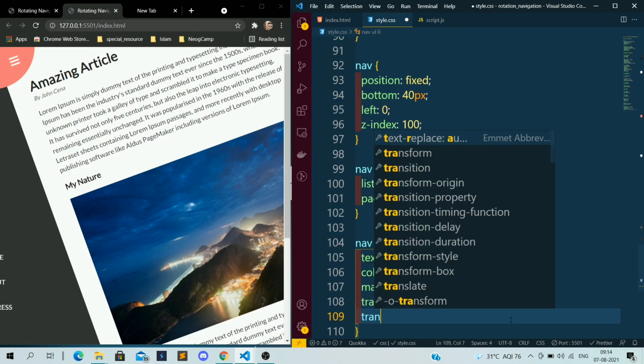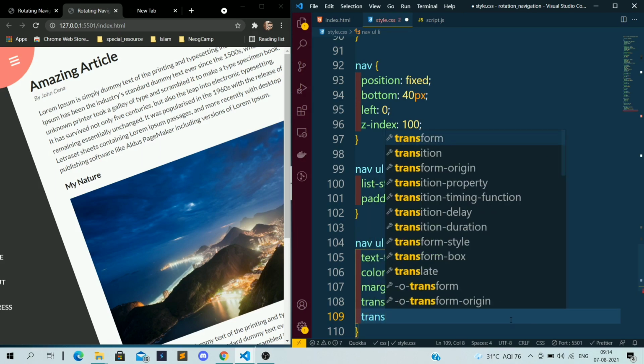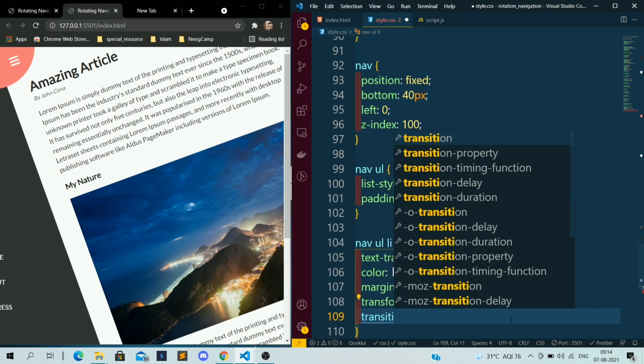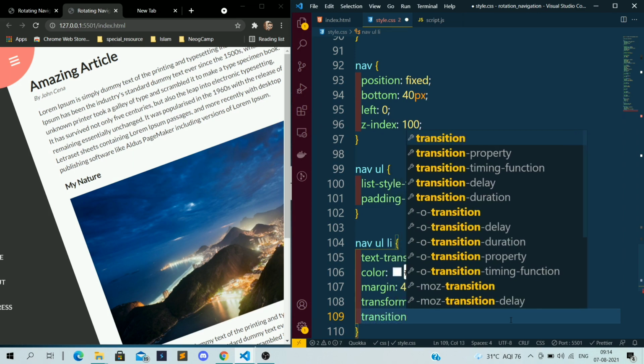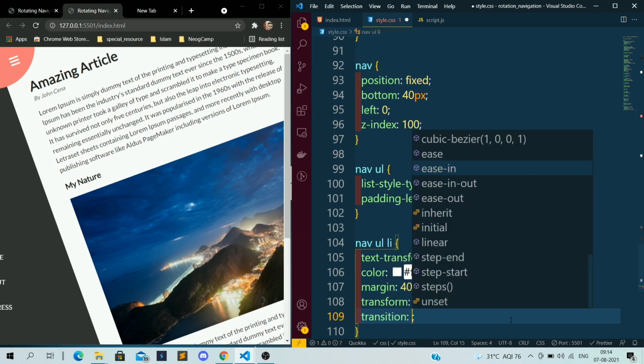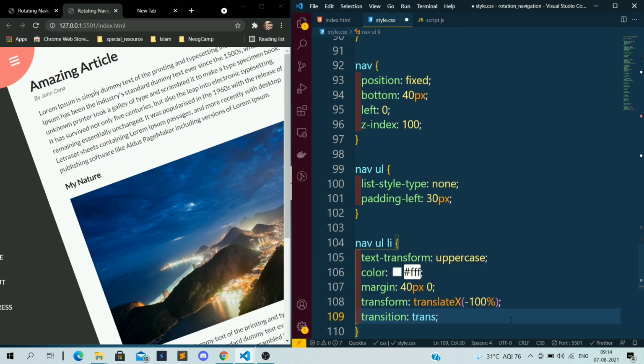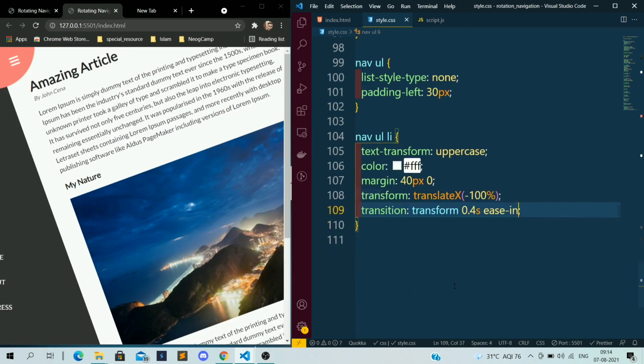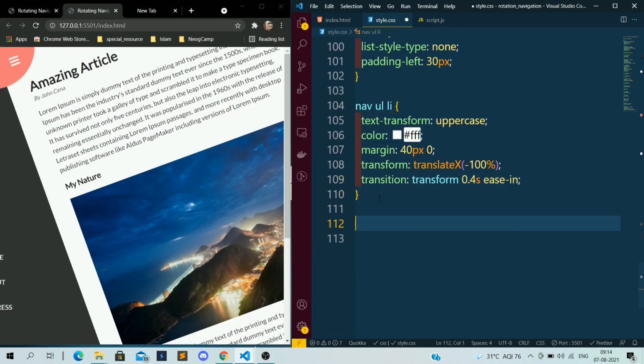Since we want some transition so that it will come in a certain fashion, I want to apply the transition for this transform of 0.4 second in an ease-in. So that's it for the LI.